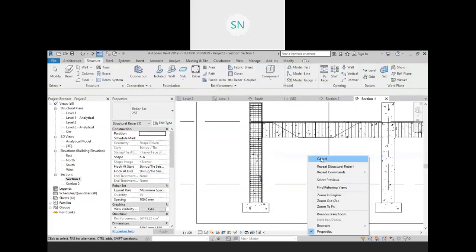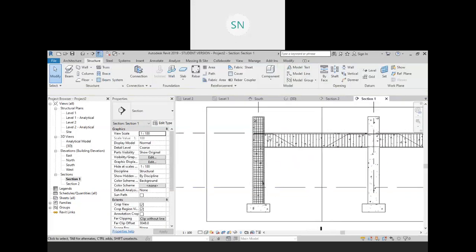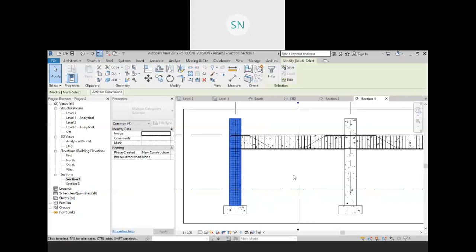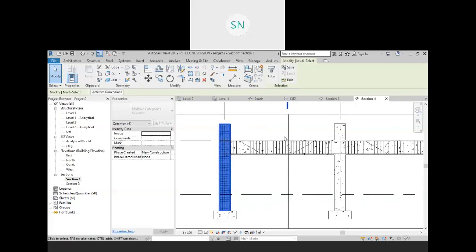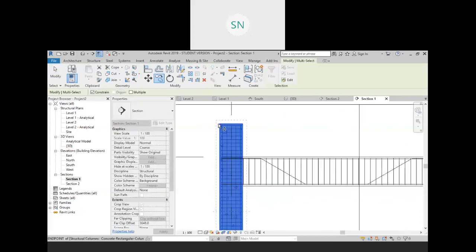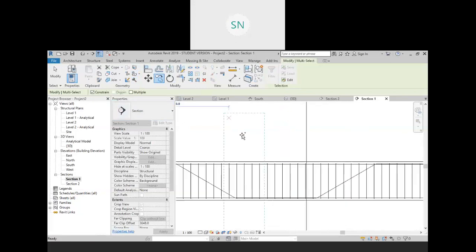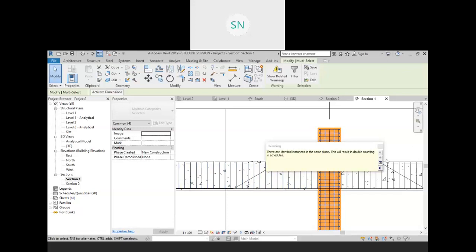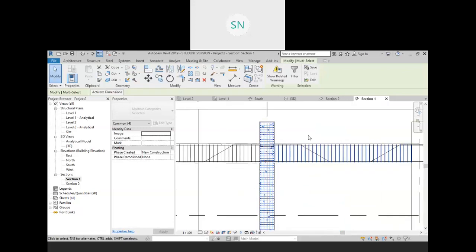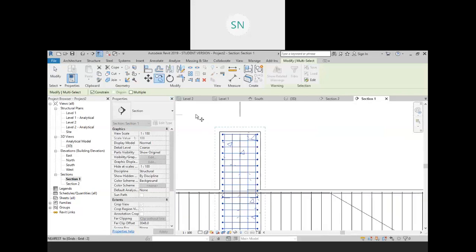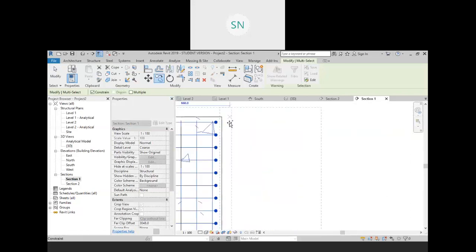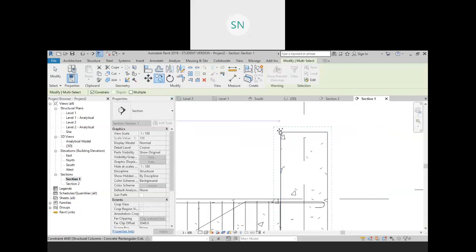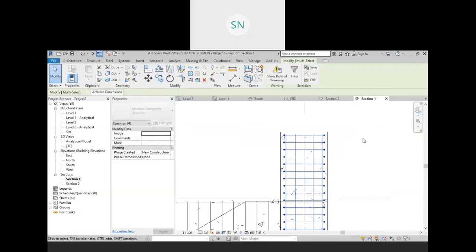Okay, and now you can use copy paste also. Just select this entire thing like this, and you can use mirror also or a copy also. Let me try copy first. From here to here, then again copy from here to here. Okay,